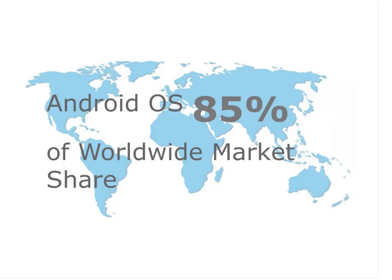The other thing to consider is if you've got a global footprint, Android OS, or the operating system, has 85% of worldwide market share. And so whether you're based in the US, where Android is still quite popular, or have a more global footprint, you're going to look at Android as a device that's very ubiquitous and is only gaining in popularity. And so as we have introduced our Android smartphone app that Jay is going to show you in detail in a demo at the end of today's presentation, and we're about to introduce our Android app for tablets as well in our upcoming release, we're looking at Android as a very popular option for field service technicians